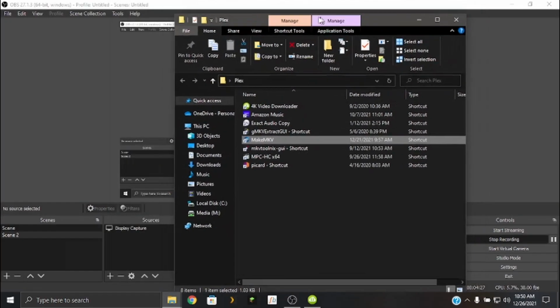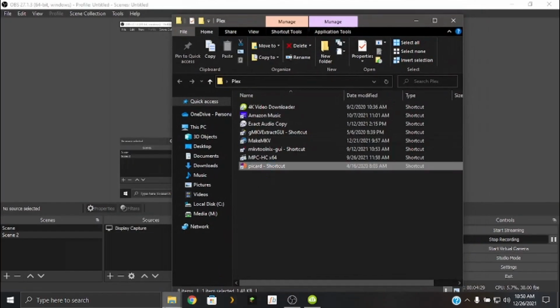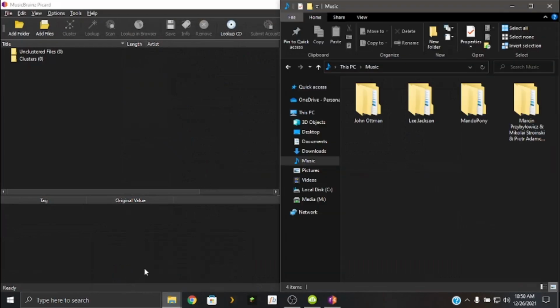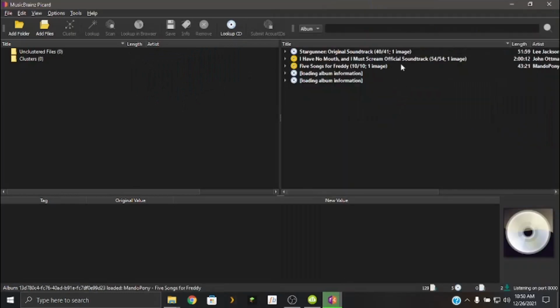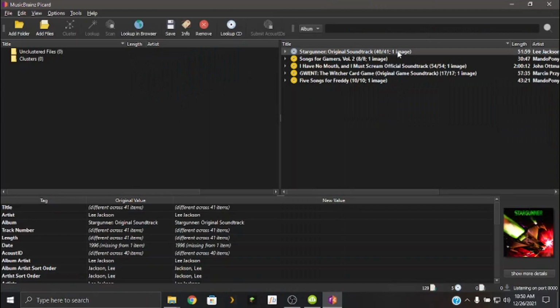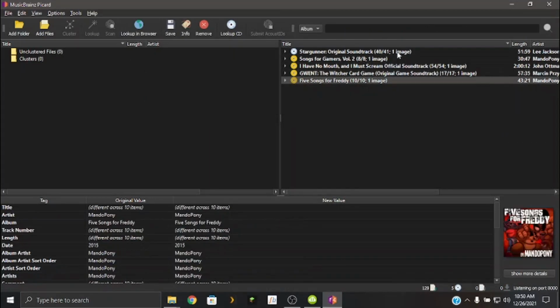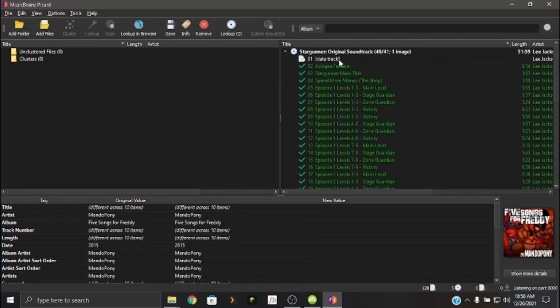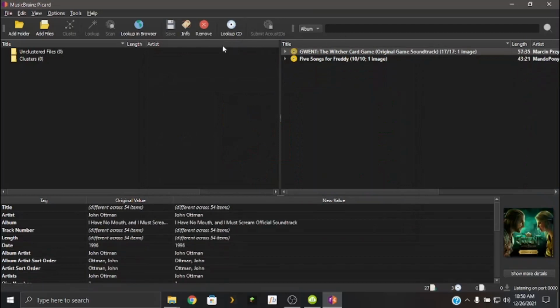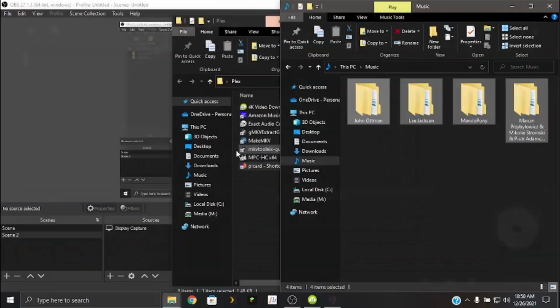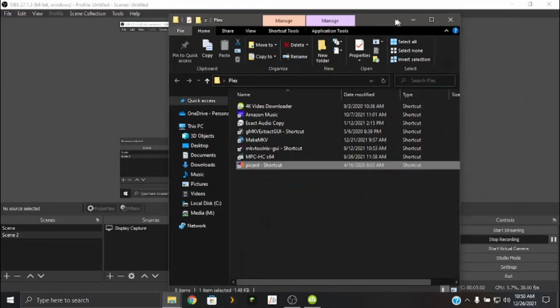But one of my favorite ones is Picard if you're doing music. Like for example, I'm going to pull up all these folders. What I will do is check the metadata and tell you what they are. Like for this one, you don't need this. But that's just for an example. We can remove those. But pretty much, what you can do is now put them in your Plex